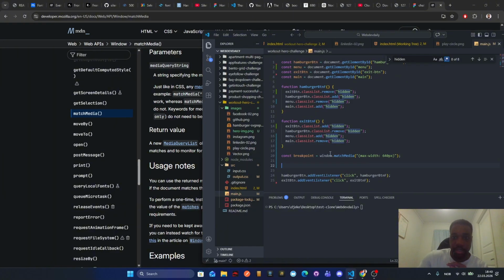So if the window matches, yeah, this is the window property or the window object. So the window interface's matchMedia method returns a new MediaQueryList object that tells if the document matches the media query string, yeah. So what we can do, I'm going to learn this method, is have a function that's going to handle breakpoint change, e,